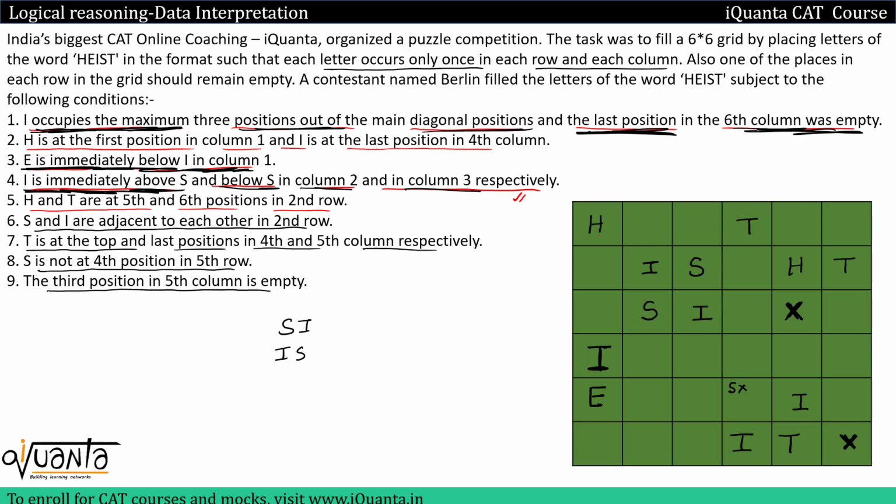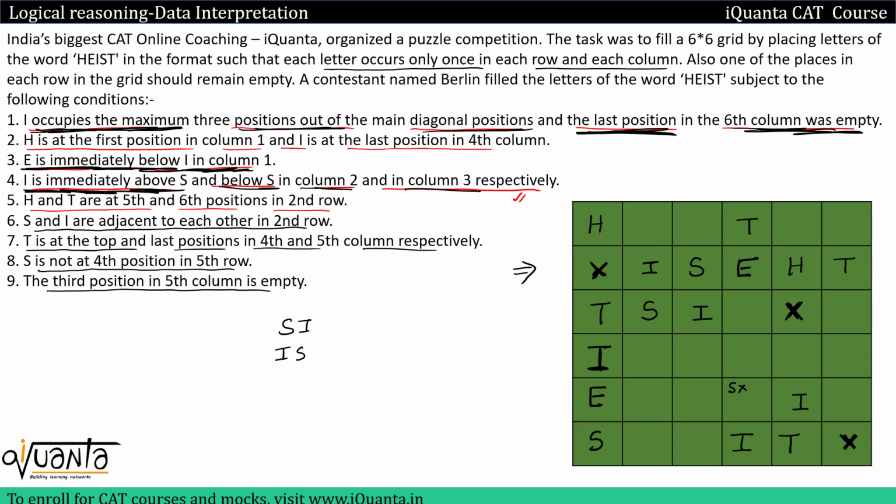What I can see here that in row 2 I have HIST, I have to place E. Okay, so E can come over here or over here, but if I look at this position, then in this column I already have E present, so E can only come over here in the second row. That means this place will be vacant. Okay, then if we come to the first column, we have HIE. Okay, we have to place S and T. So can we place S over here? No, because we already have S in this row, so S will be placed over here, T will be placed over here. Okay, here we'll place T, so I have written T over here.